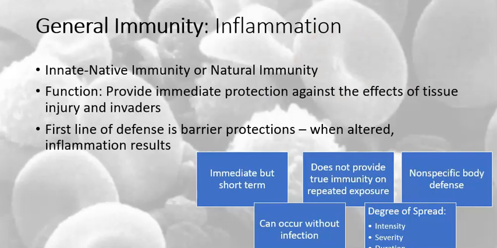So the first one is general immunity. The first stage that we'll discuss is inflammation. This is also known as innate, native immunity, or natural immunity. It's the first line of defense,